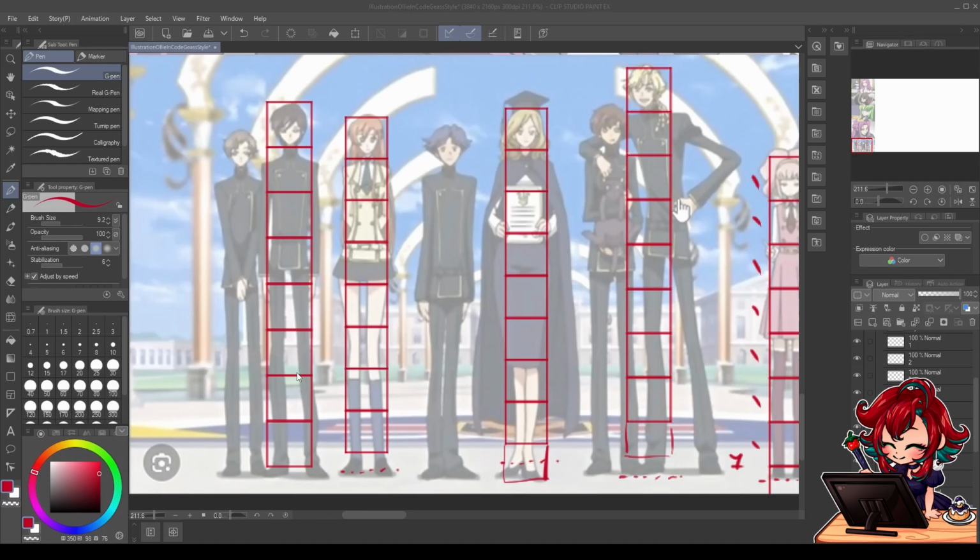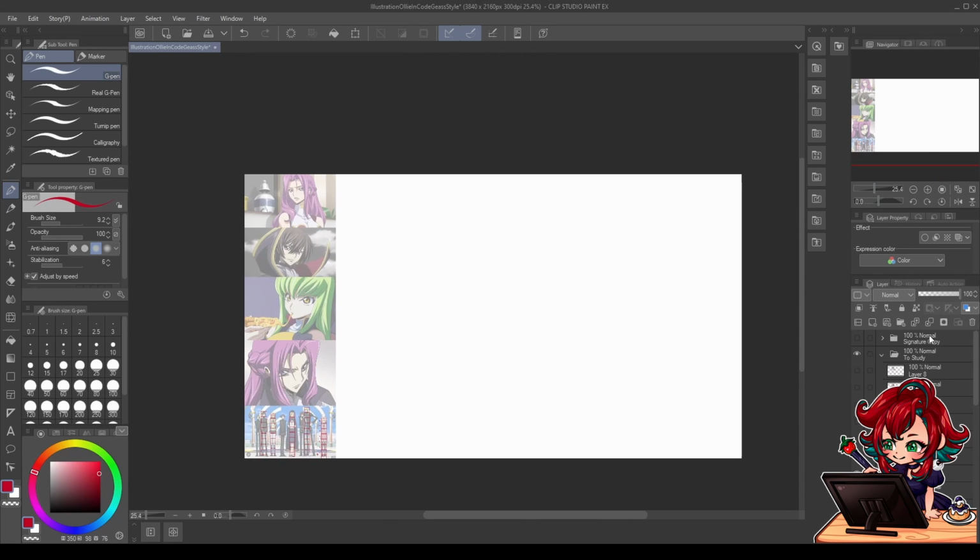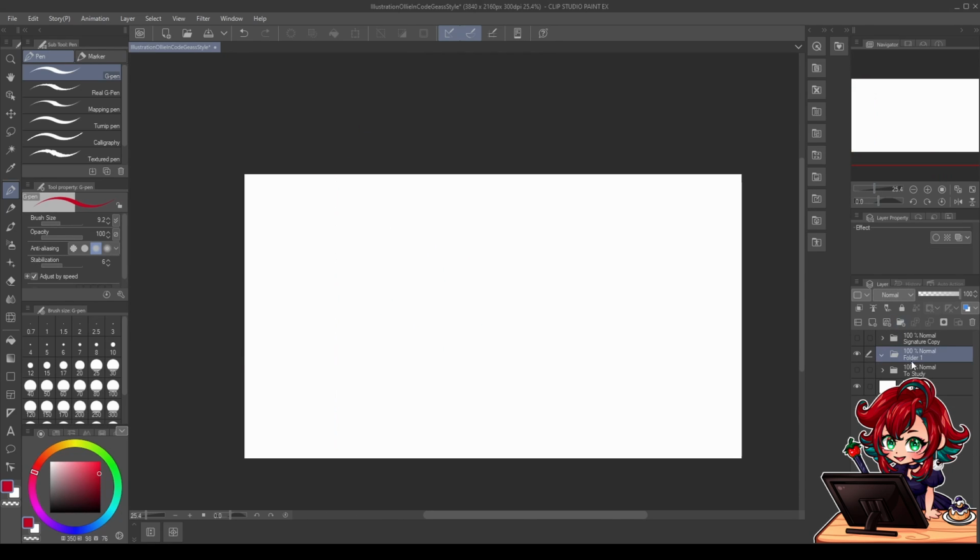So indeed they have a longer body, but not by much, just by another square. So it does remind you of those fashion drawings where they usually make the body a bit more longer. So I think that's all I wanted to talk about this, and I think I'm just going to jump into the fan art. So I'll see